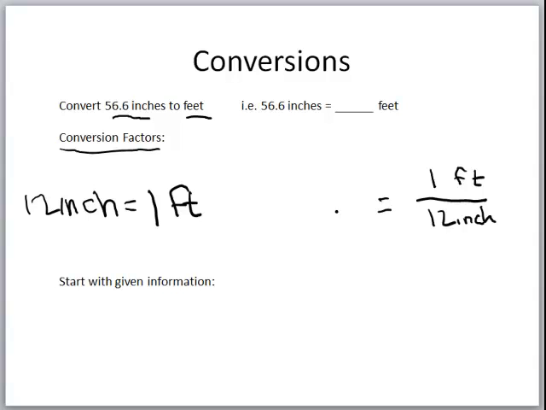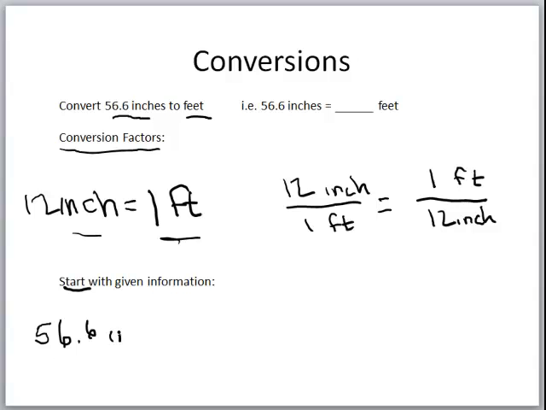You can also write this fraction the opposite way. You can write it 12 inches over 1 foot. And that's a very important aspect about conversion factors. Once you know the relationship between the units, you can write them in a fraction either way. And then we'll use whichever fraction we need to solve the problem. Okay, when you go to start a problem, you always start with the given information. So we're going to start with